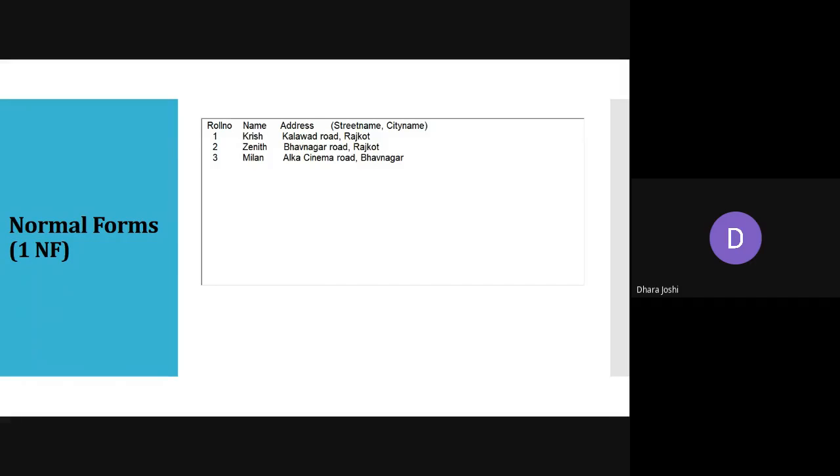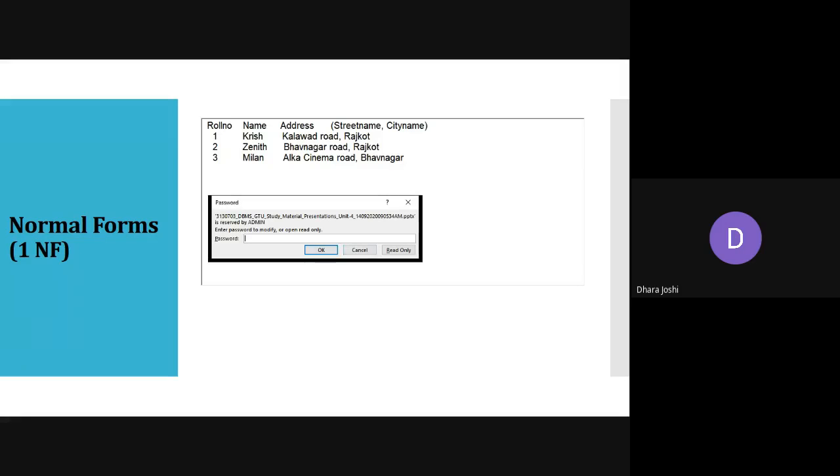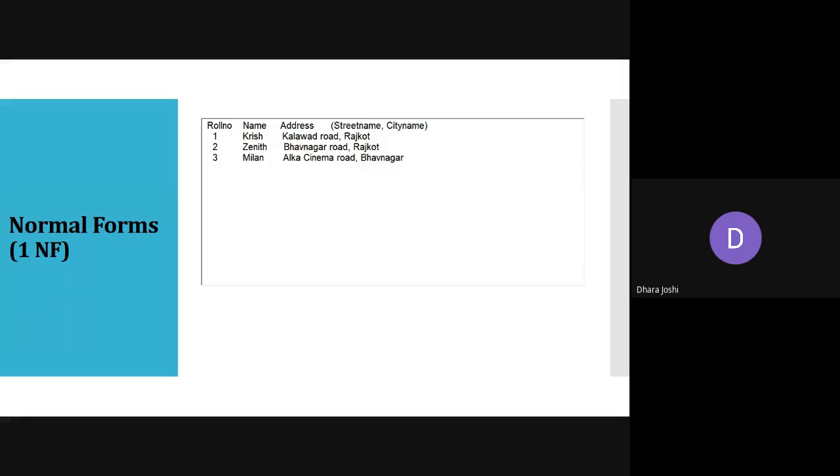What can be the solution for the same? Anyone? Think for a while. What can you do with this table if I want to bring it into 1NF?